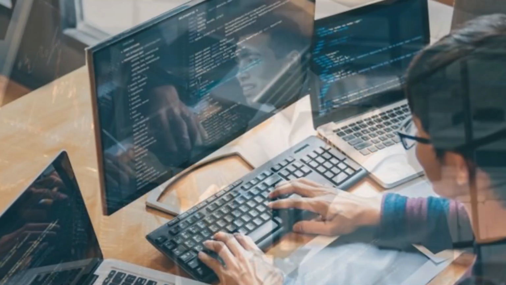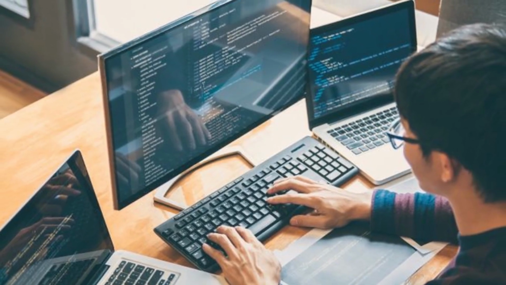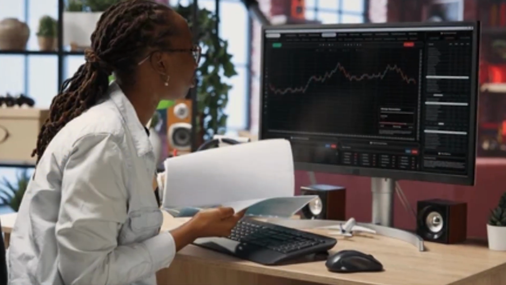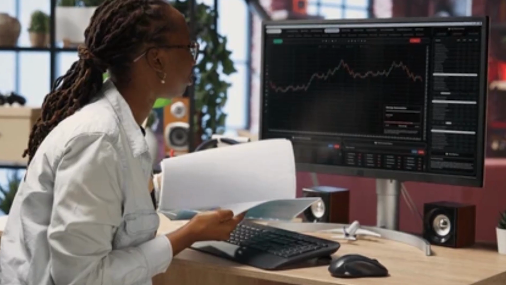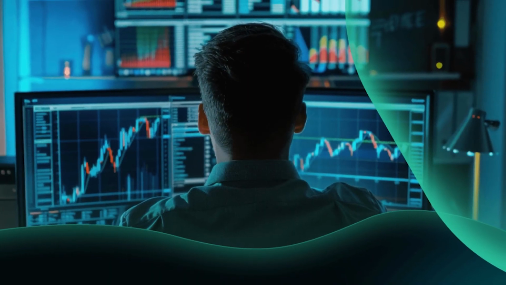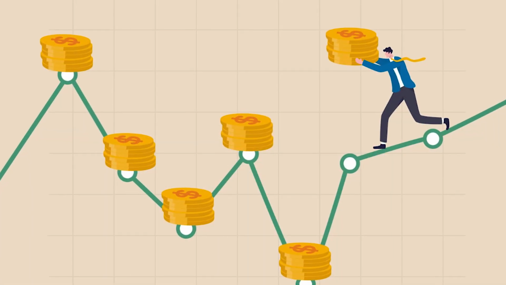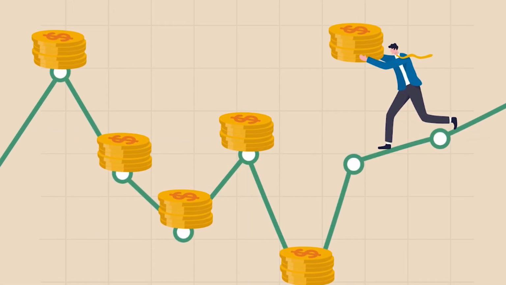If you've been following the crypto markets for any amount of time, you know just how wild the price swings can be. One day Bitcoin is up 10%. The next it's down 12%. Ethereum can surge in the morning and crash by night. This kind of volatility can be exciting, but it can also be nerve-wracking, especially if you're trying to figure out the perfect time to buy.